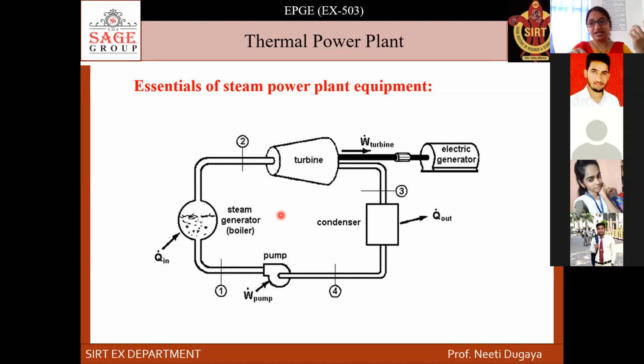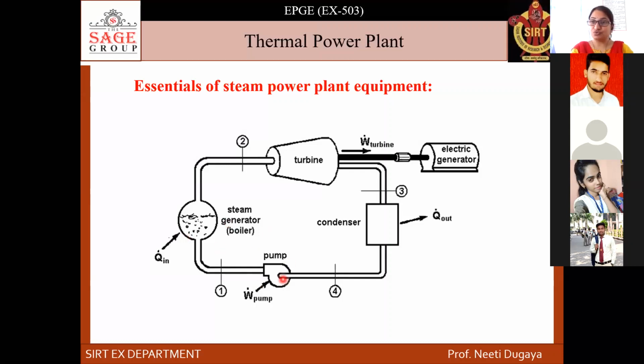Air heater, economizer, ESP, electrostatic precipitator, coal handling plant, ash handling plant, hopper, pulverization, coal mill, furnace. So many things are there, but this is just an overview. So I'm showing you the five main essential things, the essentials without which work will not go on. These are the essential things. So number one is the pump.